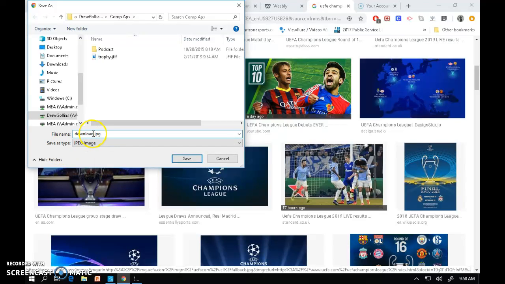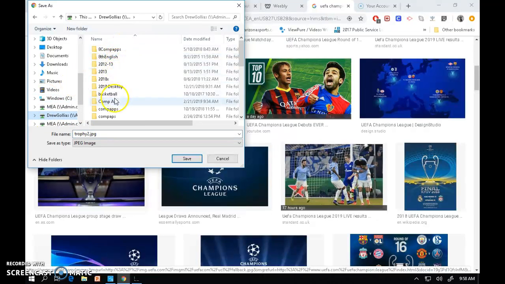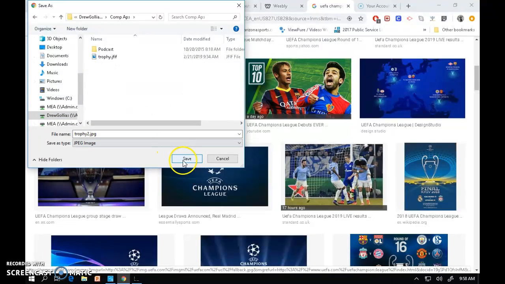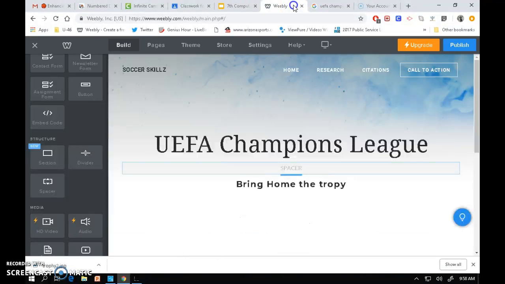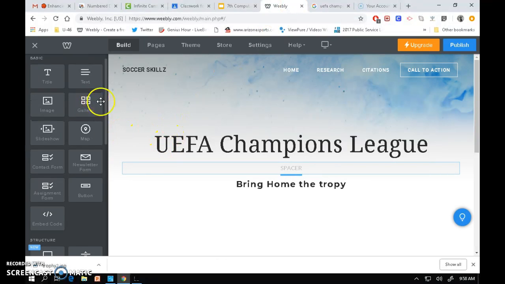And then I also want to just call this something that's going to make sense to me as well. Then I'm going to save that into my folder and into comp apps, and I can hit save, and now I have saved it. So now if I go to my Weebly site, I'm now ready to add in an